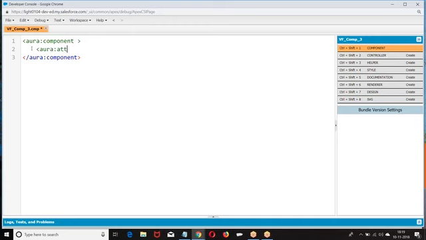We can apply the LDS services and everything. It's a component, so we can apply attributes. Okay, we can apply everything you want.